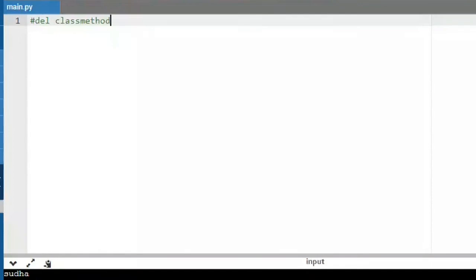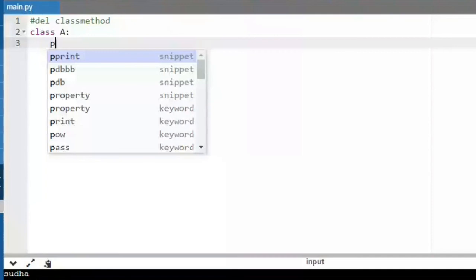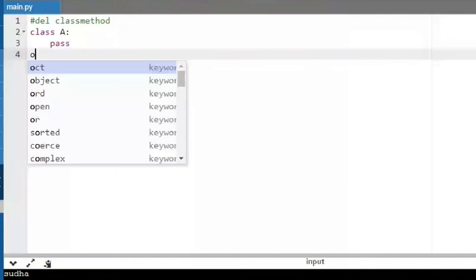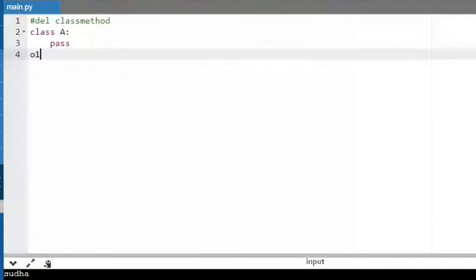Okay, so I'm taking a class. I'm simply taking a class, not writing anything in it, but I'll just show you how to use the del keyword. If you want to, you can declare some variables and work out. To just demonstrate this, I don't need anything in the class. So I said O1 is equal to A of this function parameters. When you call the class like a function, it becomes the call to the constructor, so the init method is automatically called. I don't need that; I didn't write an init method inside.